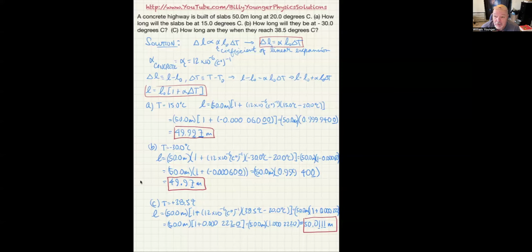So the best scenario would be in each particular case, you take the coefficient of linear expansion that you have for whatever temperature it's taken at, and you sort of allow that to extend as minimally as possible in each direction. So maybe you only use the coefficient of linear expansion for concrete that you have for, let's say, -10